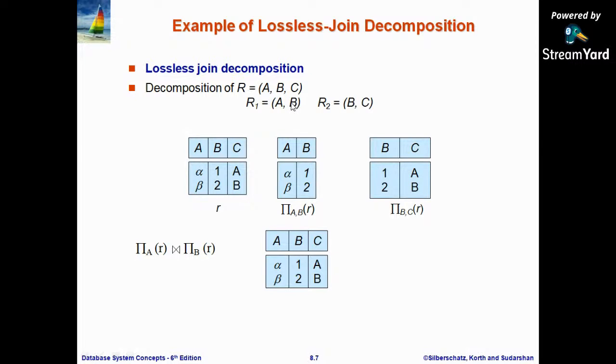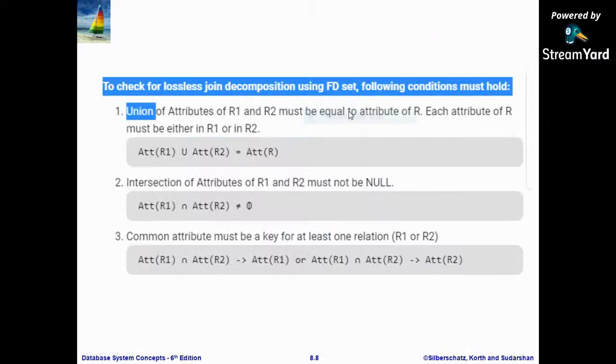In this case, the common field is B. So first you calculate R1 intersection R2, which is B in our case. From that B, you should have the functional dependency to either relation R1